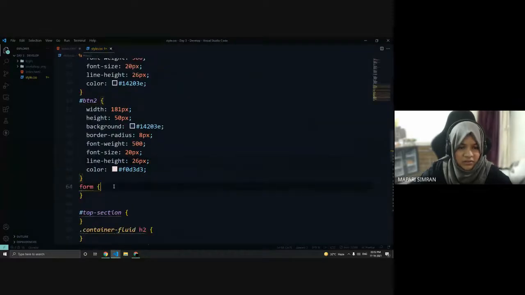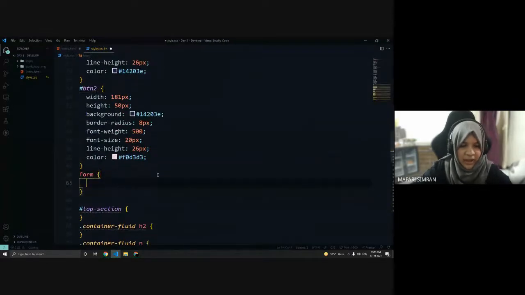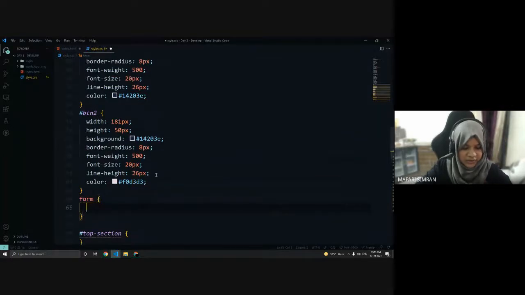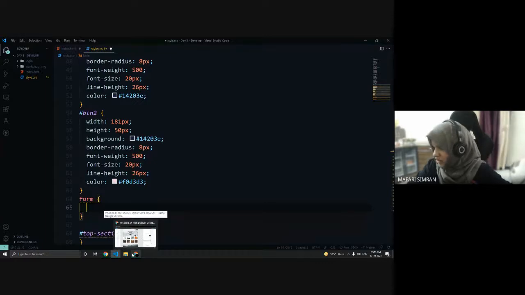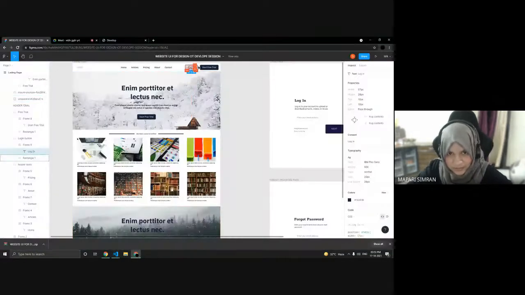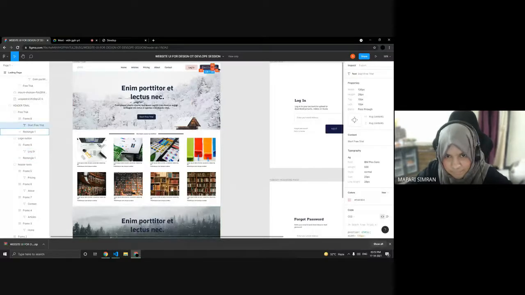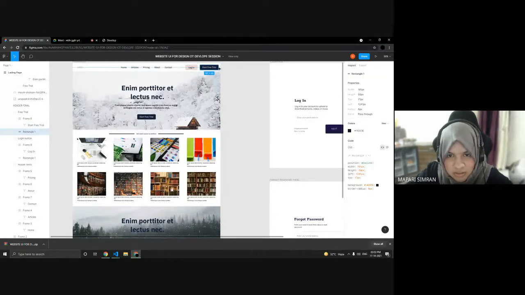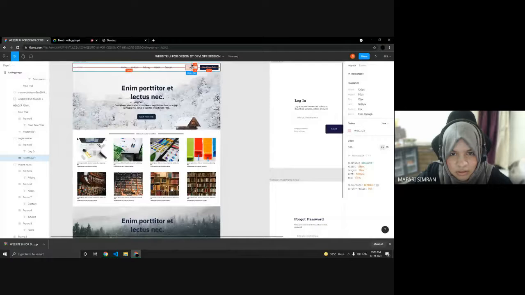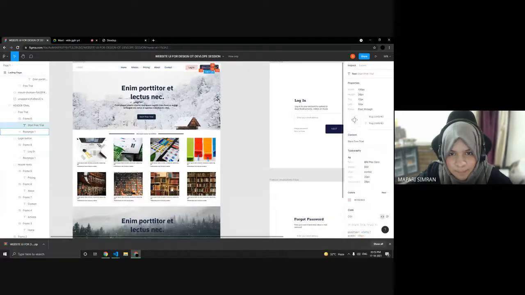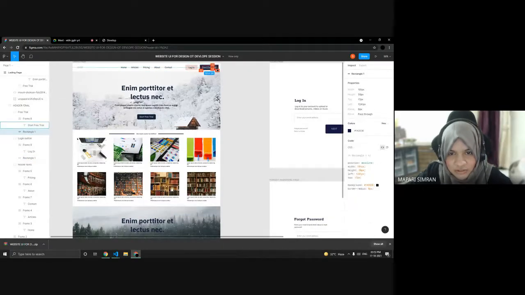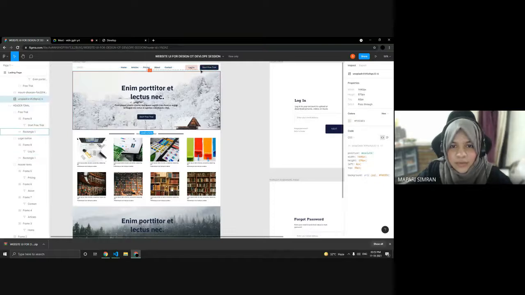We can take this form tag and give styling according to that as well. So let's check the margin right and margin top from there. You can see the margin right is 18 px, and for the margin top we have to select the button, right?